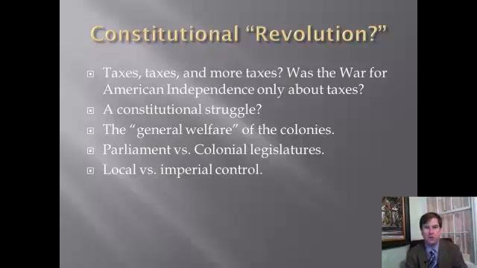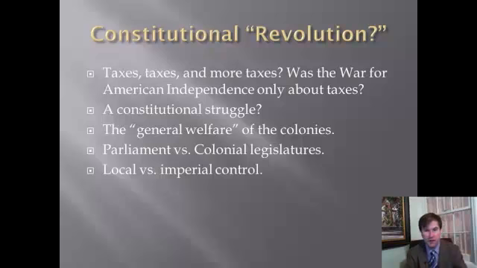It wasn't just that they had these taxes and, my gosh, these things are too high and we don't want this as a tax revolt. Well, certainly there was some element to that, but again, it was the way the taxes were brought on the colonies. It was the type of constitution that they were having to follow at the time, and it just wasn't what they were used to. It wasn't following the ancient constitutions that they had established for close to 100 years at that point. So really, this particular war is a constitutional struggle, as I said.